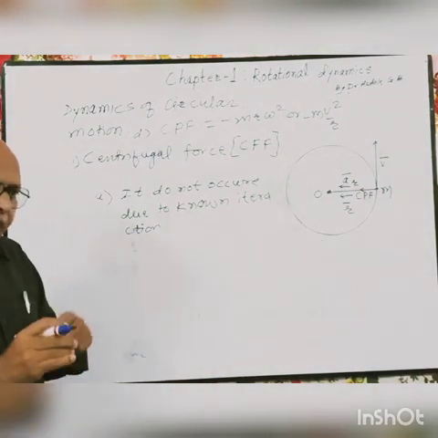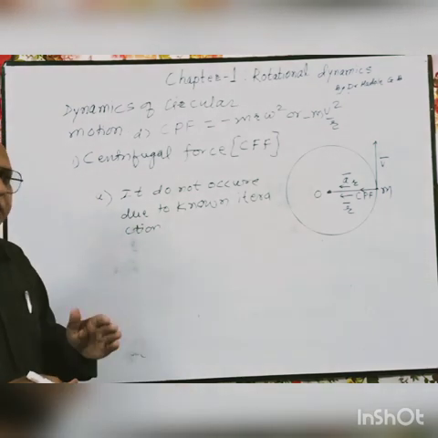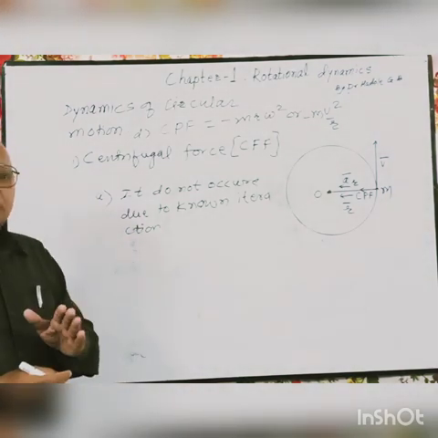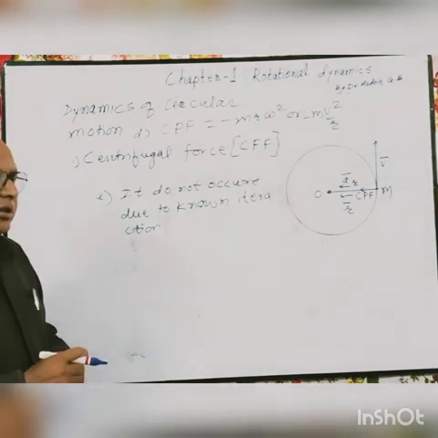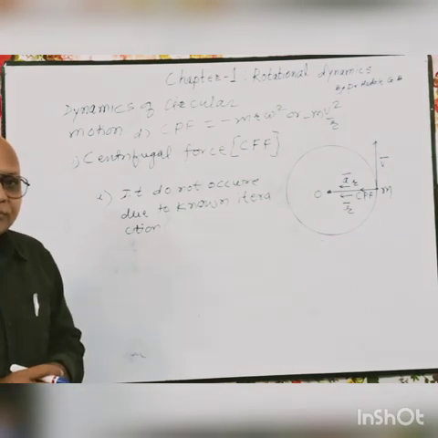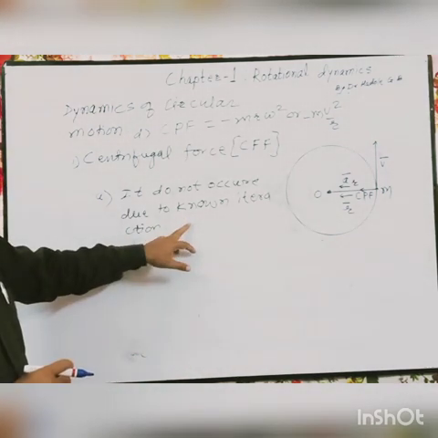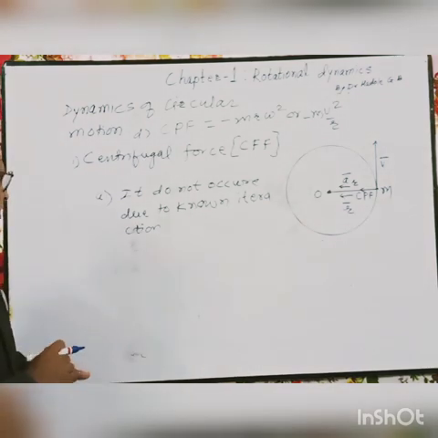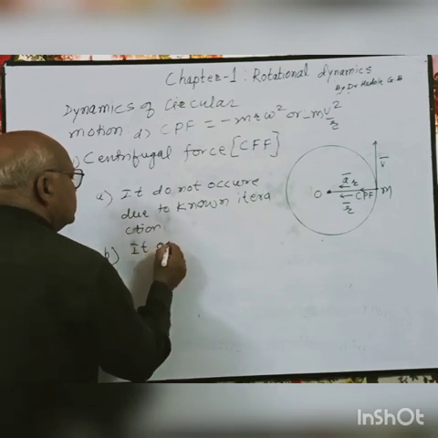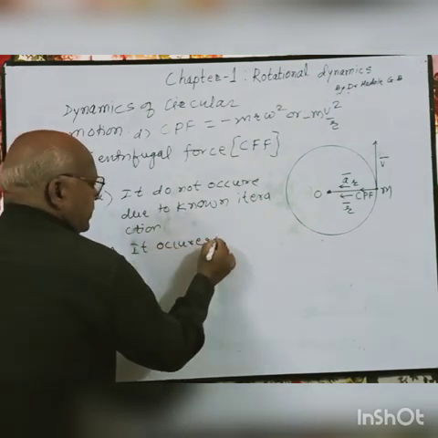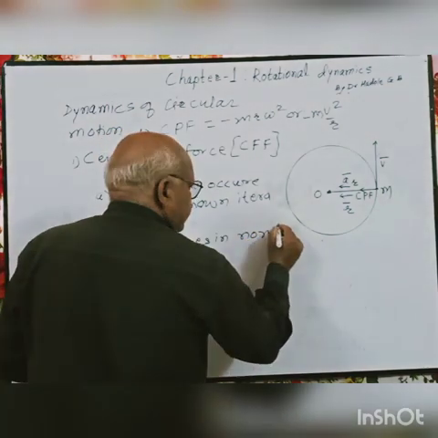Meanwhile, while you are traveling in a car, if the car is suddenly turning towards the left, automatically you are getting pushed towards the right. Then who is pushing you? Nobody is pushing you, and that's why it is a non-interaction. It is an unknown interaction. Next, it occurs in a non-inertial frame of reference.